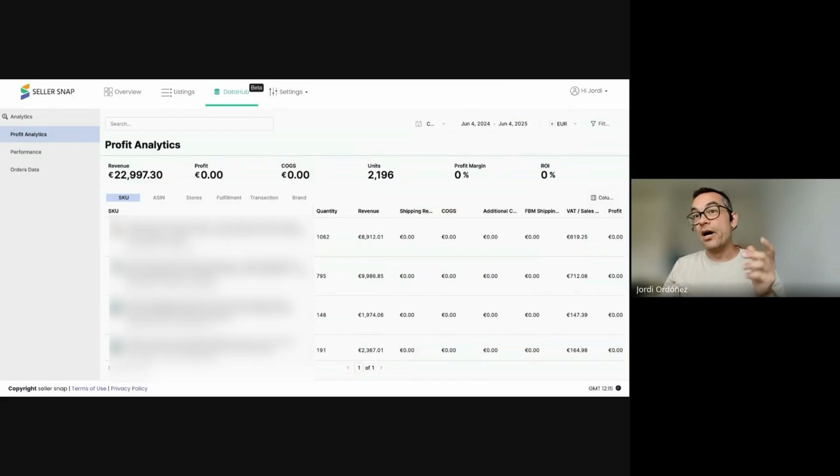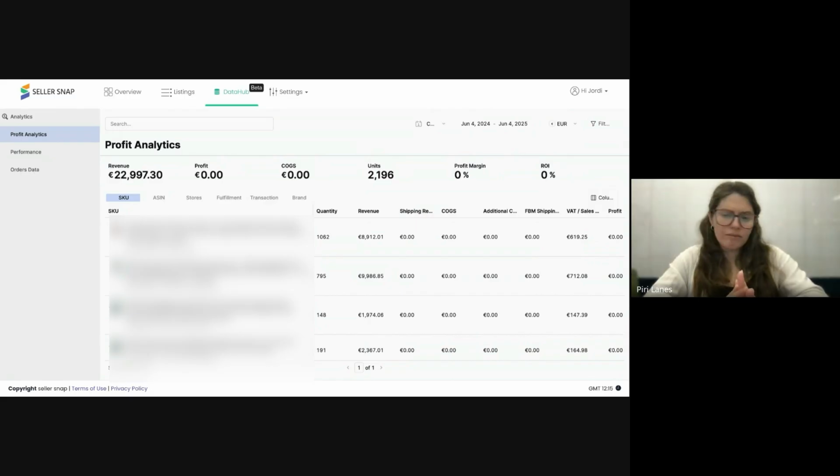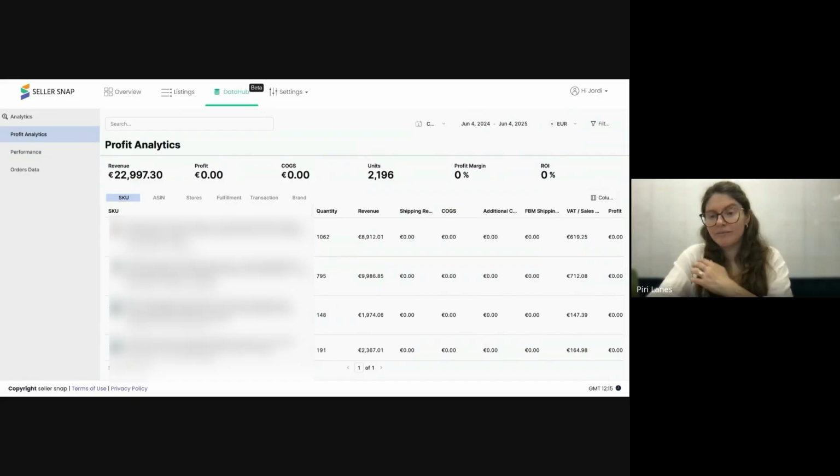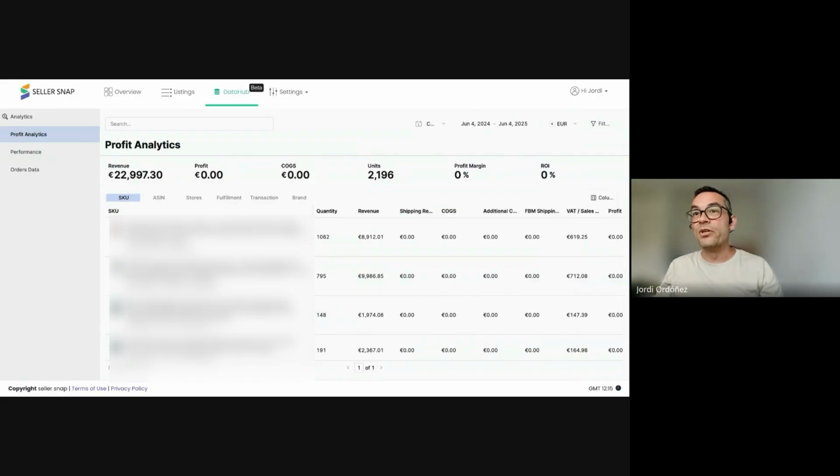Okay, great. And remember that this is the only repricer, at least the only one I know, that works for Amazon B2C and Amazon B2B. I actually don't know if other repricers do that. We're the only ones that do AI B2B. Yeah. So you can use it for your Amazon business account too, which is great because you know that the average order value is much higher than on the B2C side.